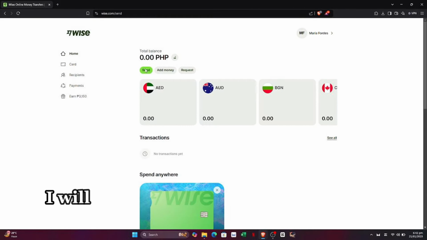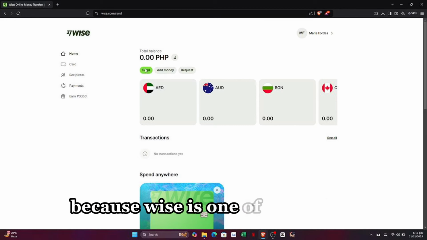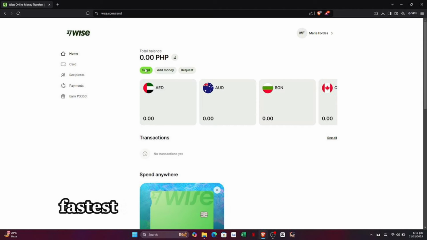In this video, I will show you how to transfer money from Malaysia to India bank account. So to do this, I recommend you use Wise because Wise is one of the easiest, fastest, and cheapest ways